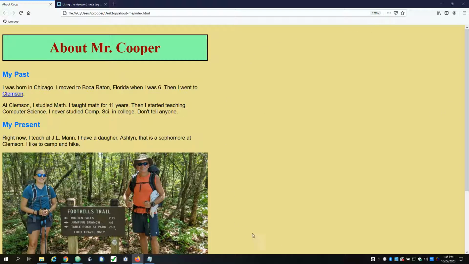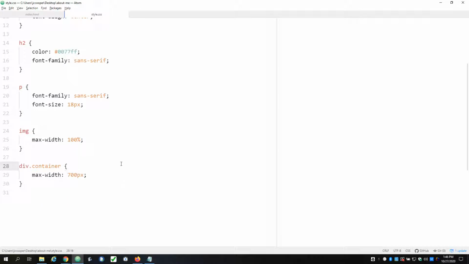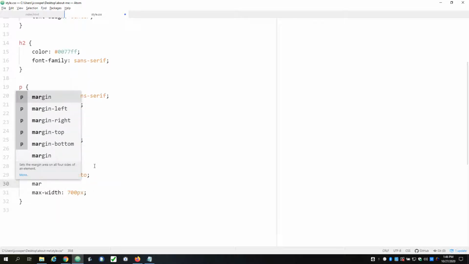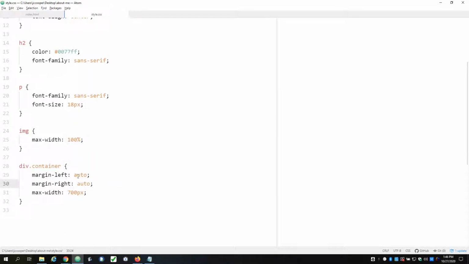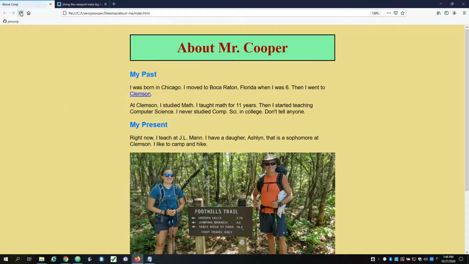Right. One of the things I don't like now is I have all this extra space over here, and that's kind of ugly. So I'm going to go back to my container, and I'm going to put a left margin of auto, and I'll do the same thing for the right margin of auto. And so what the browser is going to do now is look at all of this extra space here, and since I set the margins to auto on both sides, it will just divide them up evenly and put them on both sides of the page. And now we have